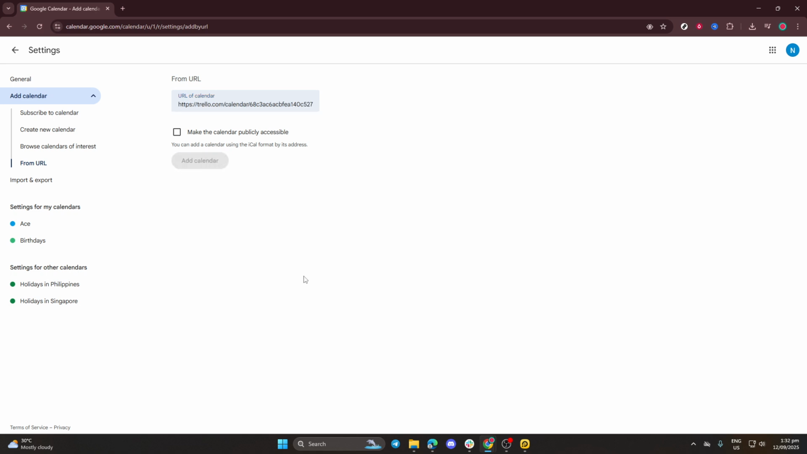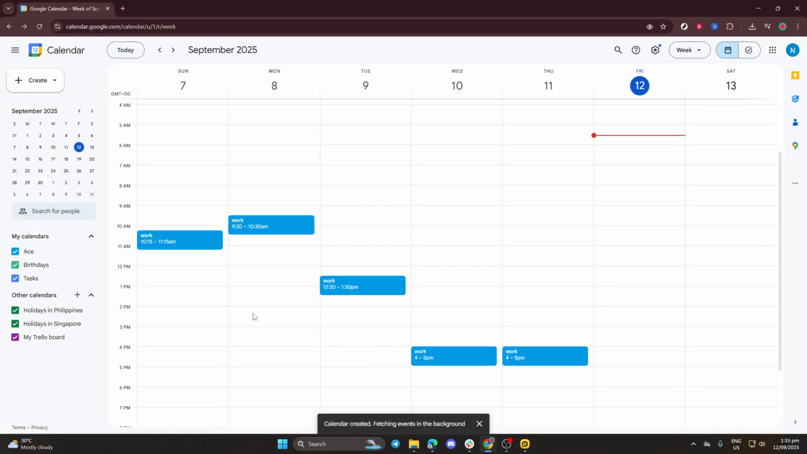With that, you're done. Your Trello cards that have due dates will now appear in your Google Calendar. Moving forward, any updates you make in Trello regarding due dates should automatically sync and reflect in Google Calendar. It's important to note that this is a one-way sync, meaning changes from Trello will display in Google Calendar but not vice versa. This means any adjustments in the calendar should be made directly in Trello,